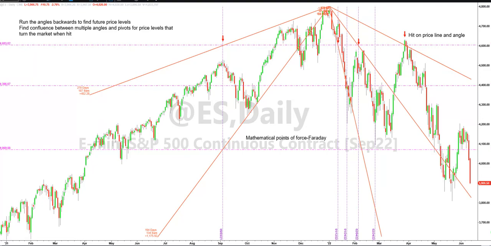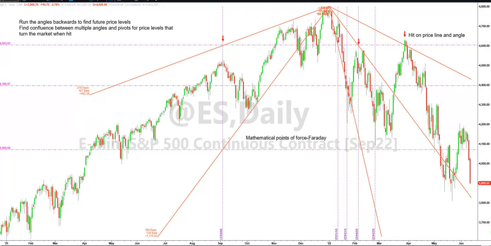The first one being that you can run these hidden secret phi angles backwards to find the future price levels. So if you watch the prior video, you'll know that I run the angles, I plot a vertical line on a pivot, and where the vertical line crosses the angle, strike a horizontal line, and that will give you a